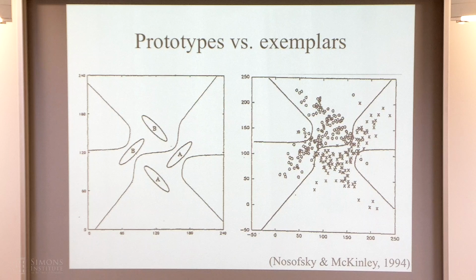So this is an example of one of these experiments where Nosofsky and McKinley constructed a two-dimensional stimulus, and I'll show you what that means in a minute. But a stimulus where there were two dimensions along which it could vary. And then they constructed category A as a mixture of two Gaussians, category B as a mixture of another two Gaussians. And when you compute what the optimal decision boundaries are, you get something like this, where anything that's in here is a B, anything that's in here is an A, anything that's over here is an A, anything that's over here is a B.